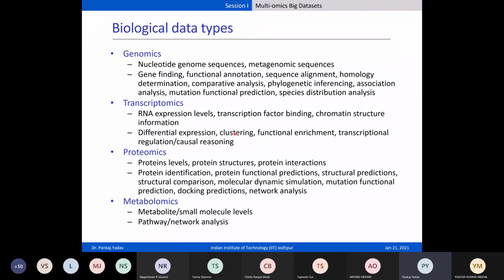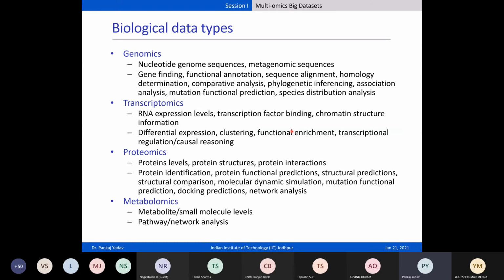And then one can perform clustering to see if there are any groups of patients which have specific types of expression profiles, right? For example, you can compare patients with healthy individuals and see how these expression profiles, or transcriptomics profiles, are changing or behaving in these two groups of individuals, patients and healthy individuals,